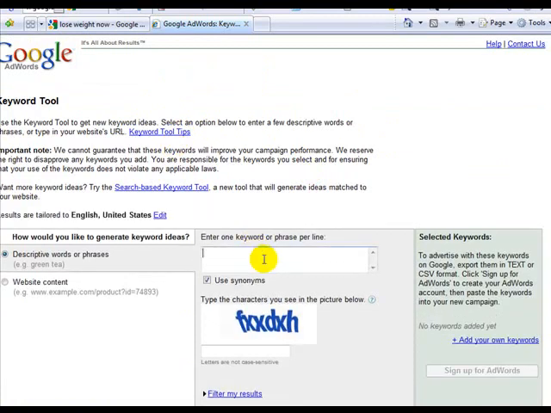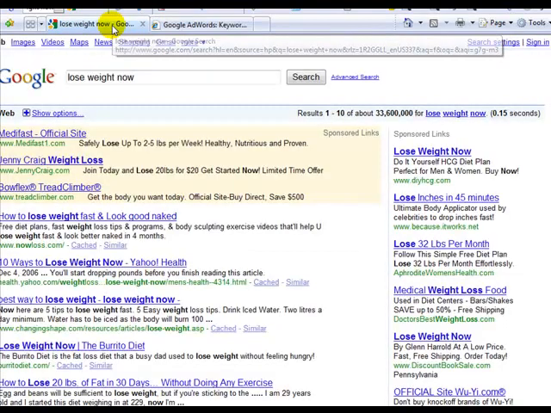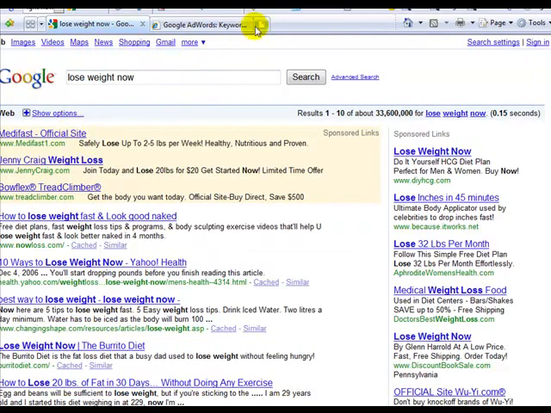Let's say I wanted to lose weight. I type this in, and it's going to show me how many times people are searching for that term each month, and also other keywords related to that term. I took a guess that people would be typing in "lose weight now," but there are other things people are typing in as well.